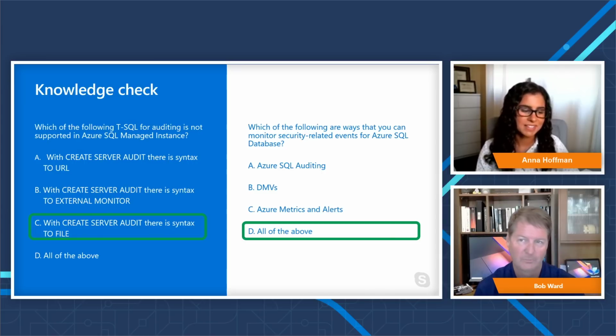Awesome. Thanks, Bob. And it looks like after I gave a little hint, as I do, people started to think about it. That's okay. We want them to know the answer, though, right? And again, notice how I limit it, though. In managed instance, you don't get access to the file system in the operating system. So anything like that, you're not going to be able to do. So if you create an extended event session, Anna, which you can do in managed instance, you cannot target it to a file. You target it to Azure Blob Storage.